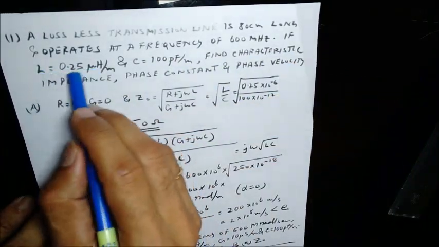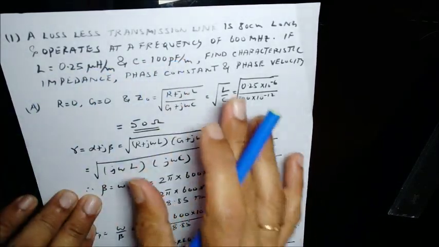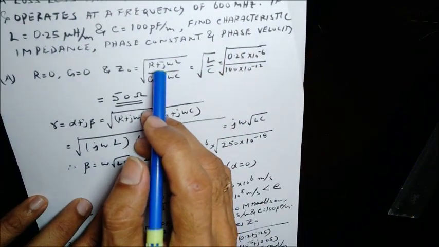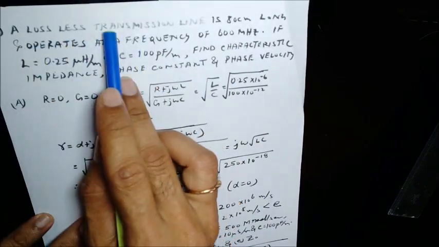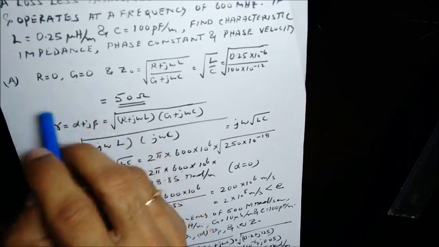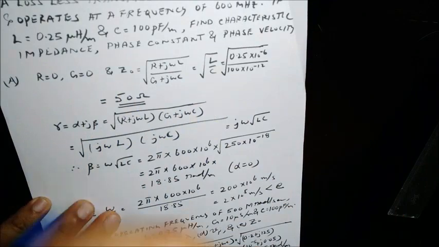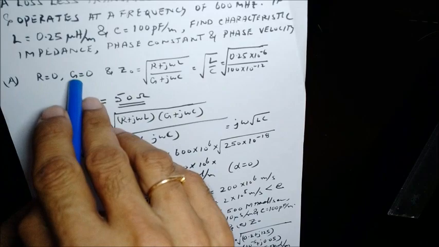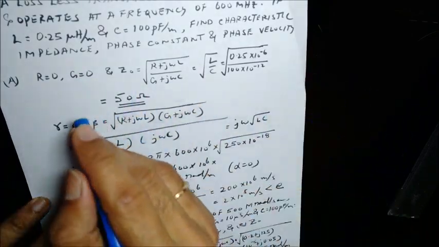So L here is the inductance per unit length of the line and C is the capacitance per unit length, as discussed earlier. So the solution goes like this. We have to find the characteristic impedance first, and it is mentioned that the line is lossless, which means that R is 0 and G is 0. Recall that it is the resistance of the line which results in a loss in the form of heat, and so is the conductance, because the shunt conductance G effectively shorts the signals.